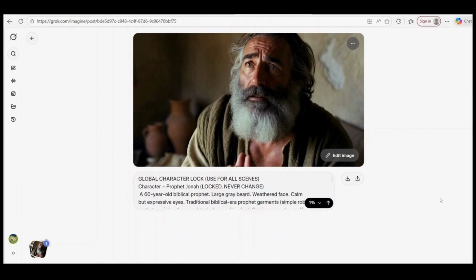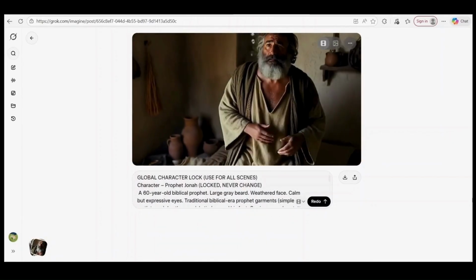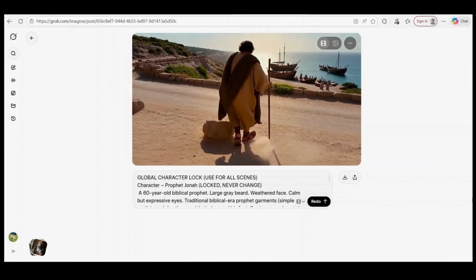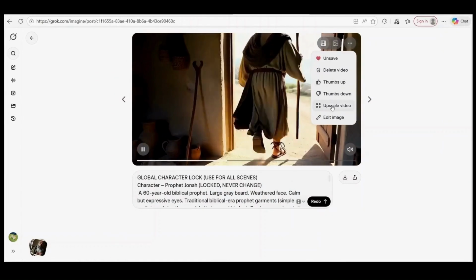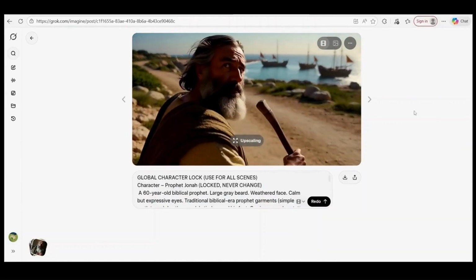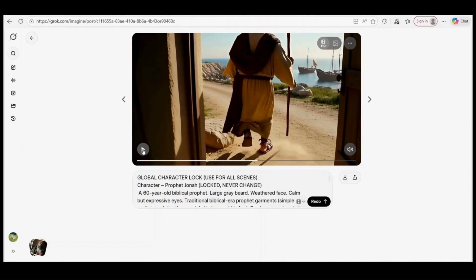I generate the video, upscale it, and download it. From here on, I repeat the same process for the next scenes.